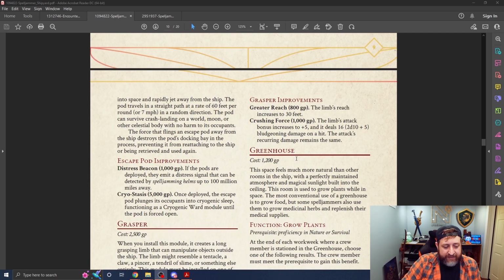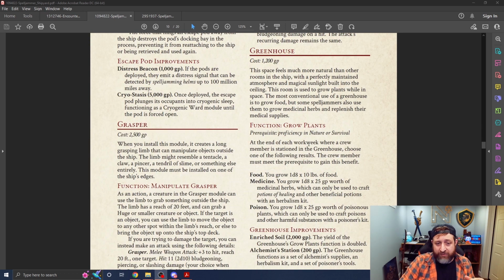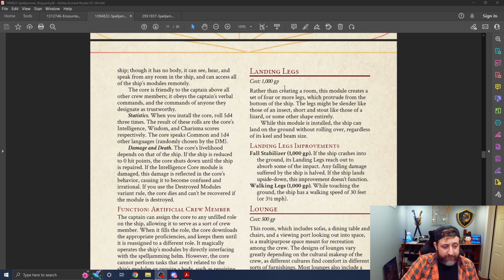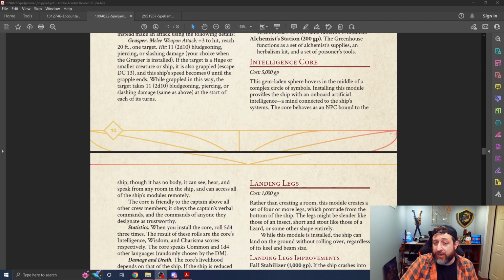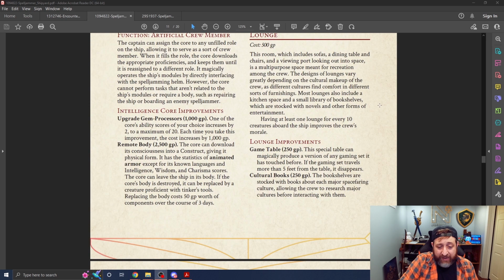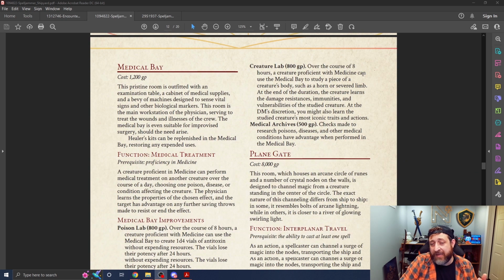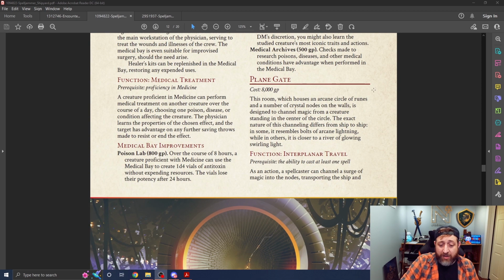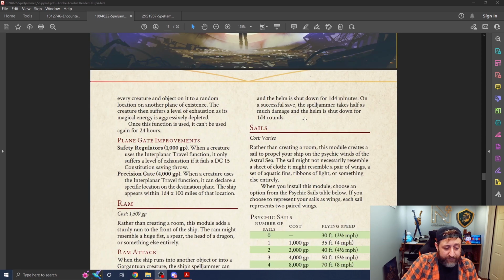Drones, escape pods, like I said, claws to grab things, a greenhouse to allow you to grow plants, whether for food or oxygen. An internal intelligence core hub for your ship, adding artificial crew members. Really you can live out as much of a science fiction or space fantasy as you want here. Legs for landing, we have again a lounge, whether that be gaming tables or a bar, a medical bay with different medical improvements to help heal your crew or yourself when you take damage, planar gates to do interplanar travel,